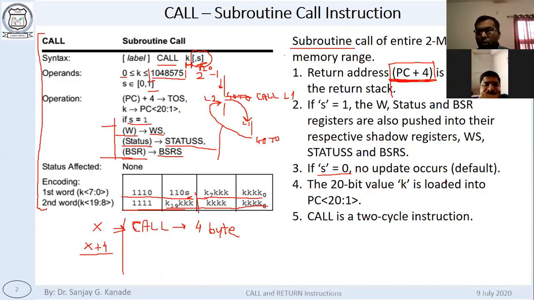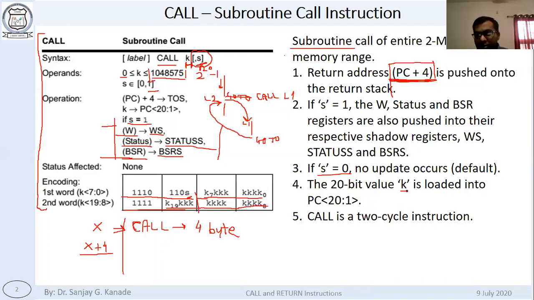As in case of goto, the value of k is again only 20 bits. We have already seen here also, it is only 20 bits. In this case also, the LSB of the program counter is automatically made 0 in order to ensure that it is going to be landing on an instruction only, because instructions are going to take at least 2 bytes or 4 bytes.